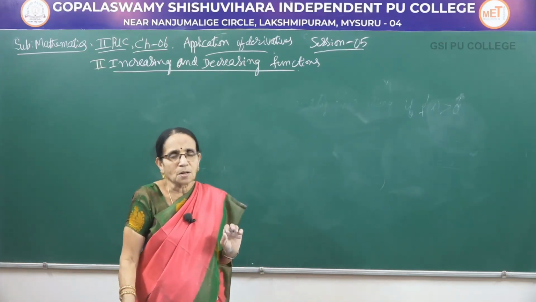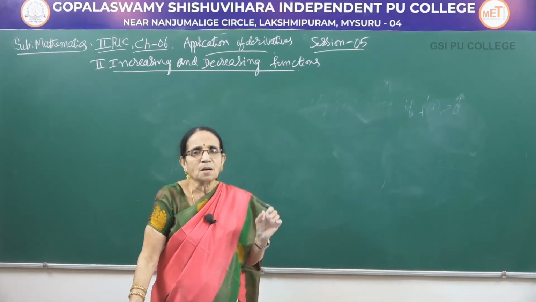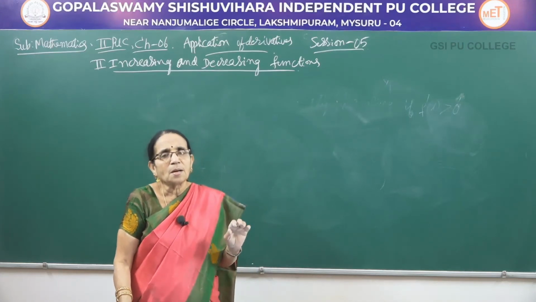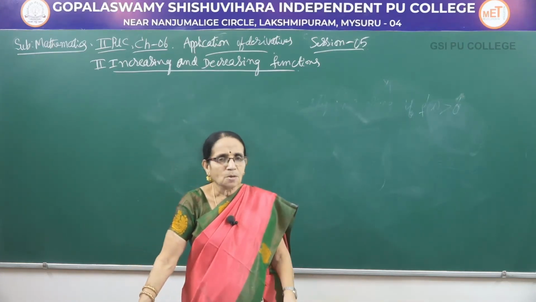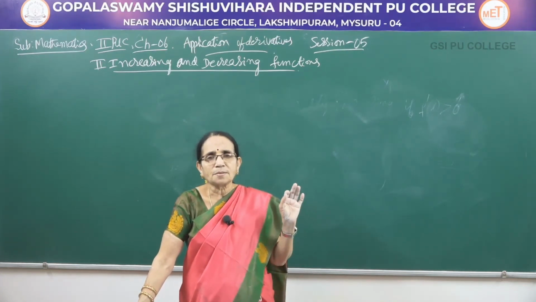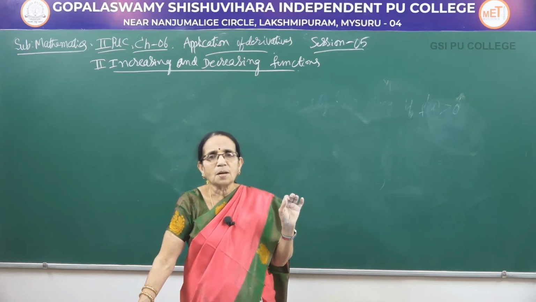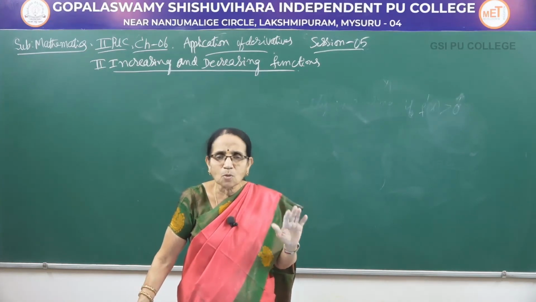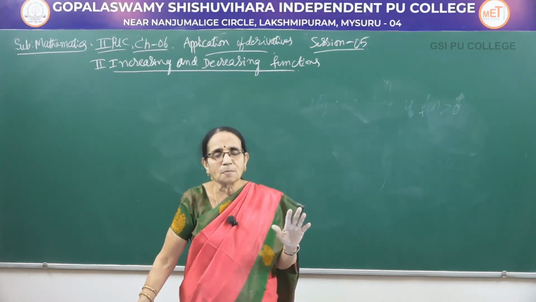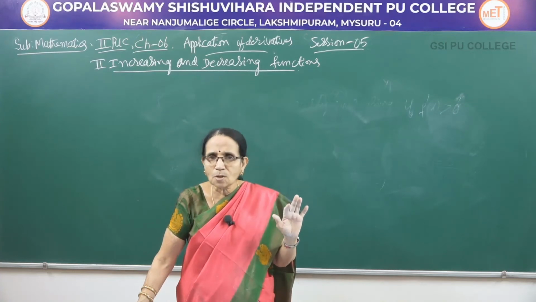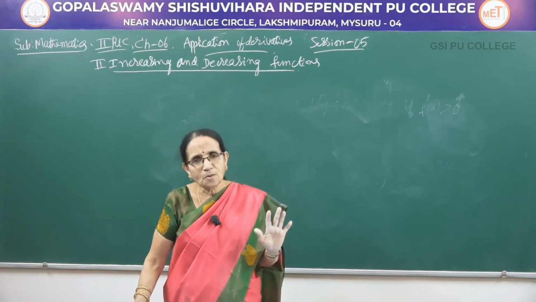But the formal definition of increasing, strictly increasing, decreasing, strictly decreasing can be given considering an interval in the domain of the function. Okay. So, f be a real valued function, let I be the interval, then x1 less than x2 implies f of x1 less than f of x2, strictly increasing. f of x1 less than or equal to f of x2, increasing. f of x1 greater than f of x2, strictly decreasing, and then f of x1 greater than or equal to f of x2, it is a decreasing function.